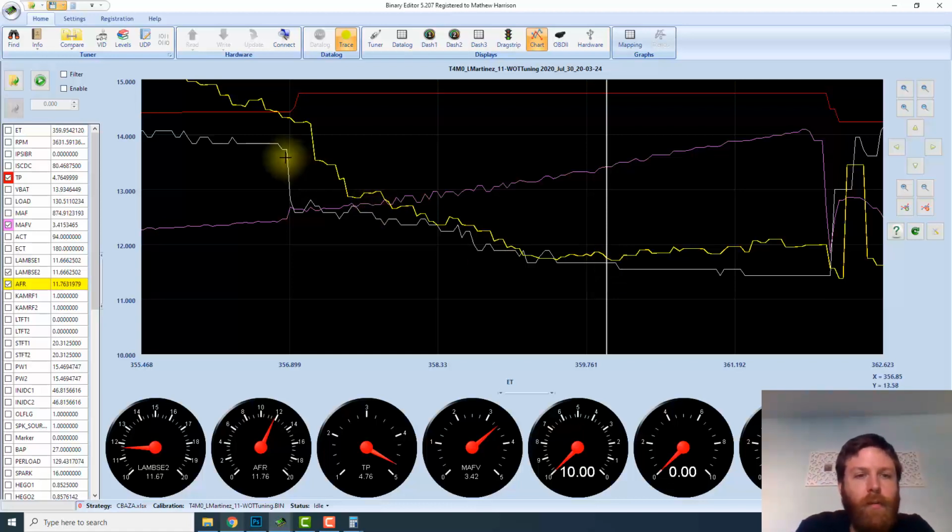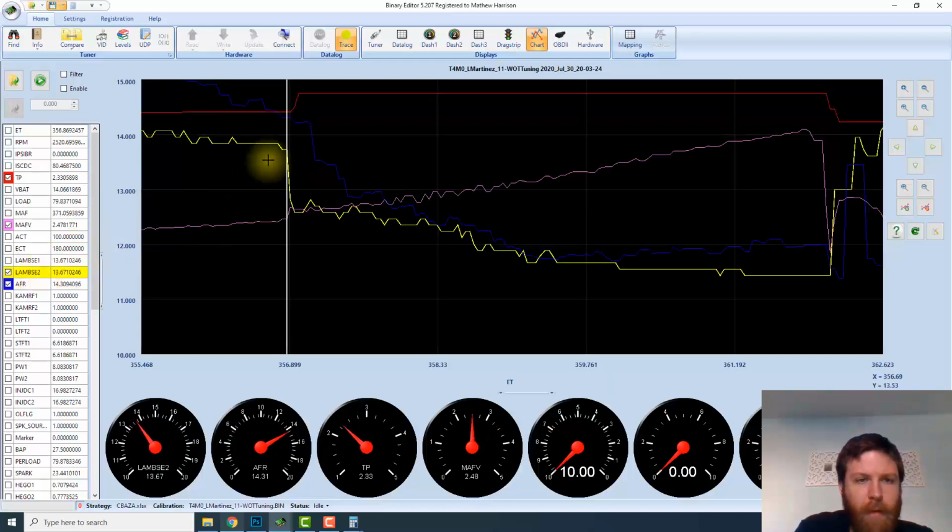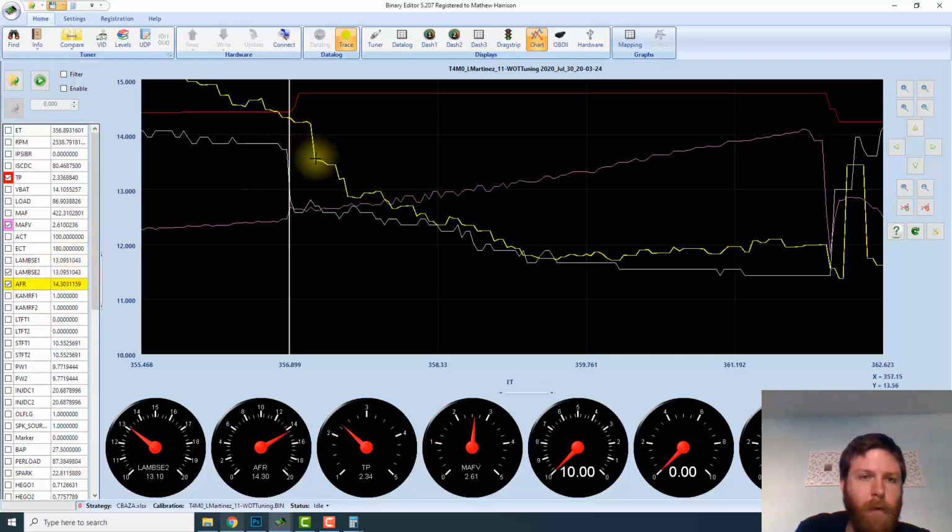In fact, the easiest way to see that, looking back at the beginning of this log, you can see right where we stab the throttle here. Look at the lambda in yellow. You can see that it goes from something real normal cruising down to richer immediately. It's almost a straight line down, but you notice you don't really see that type of a move on the AFR till we get to here. So you can almost see that we have this much gap between what we're asking for, something richer, and what we're getting. So you have to keep that in mind, that when you see these little shifts over here,